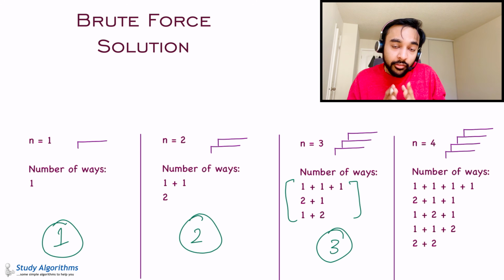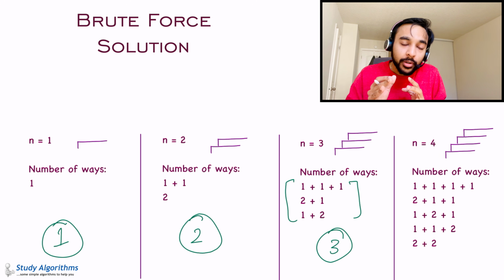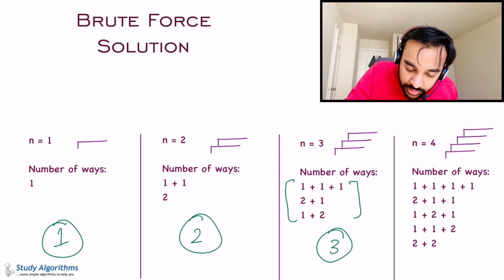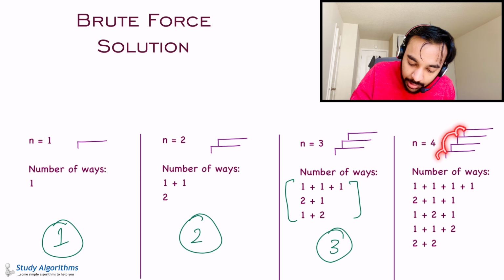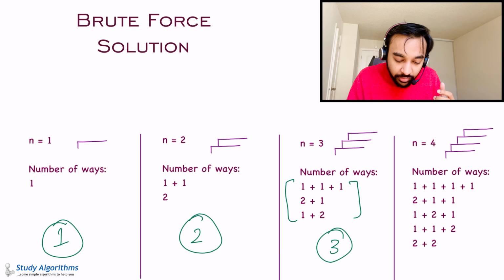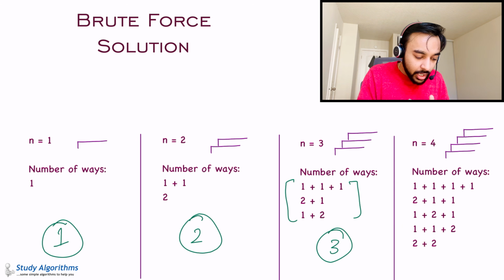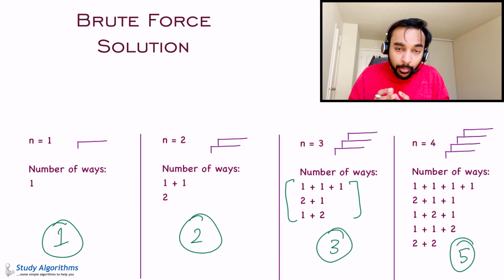Similarly, let's see what happens when the value of n is 4. As soon as the value of n is 4, you can climb these staircase in a lot of ways, right? So what you can do is you can either do one step at a time, or you can do two steps and then one step and then one step, or you can do one step and then two steps and then one step, or you can do two steps and then two steps again. So you see, you have so many ways to climb these, right? There are a total of 5 ways. So when the value of n is 4, you can climb the staircase in a total number of 5 distinct